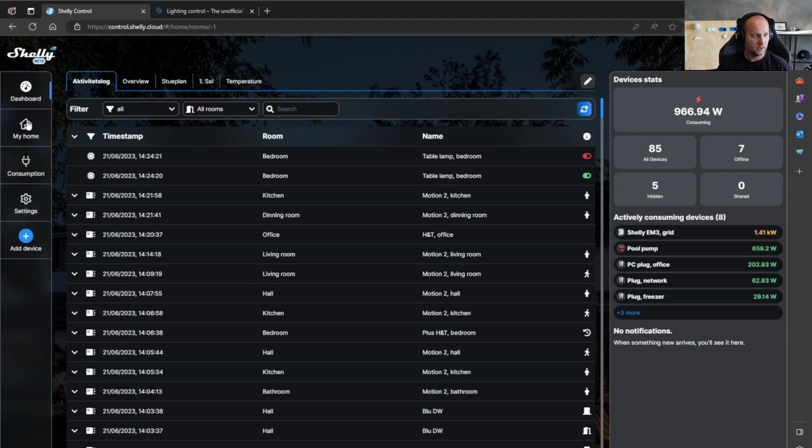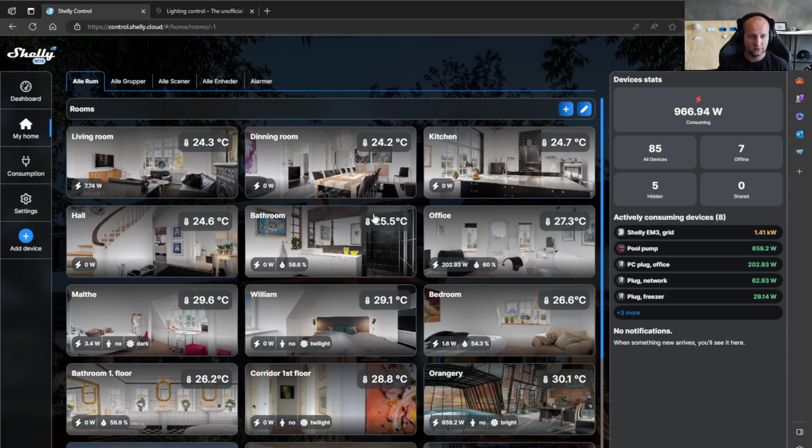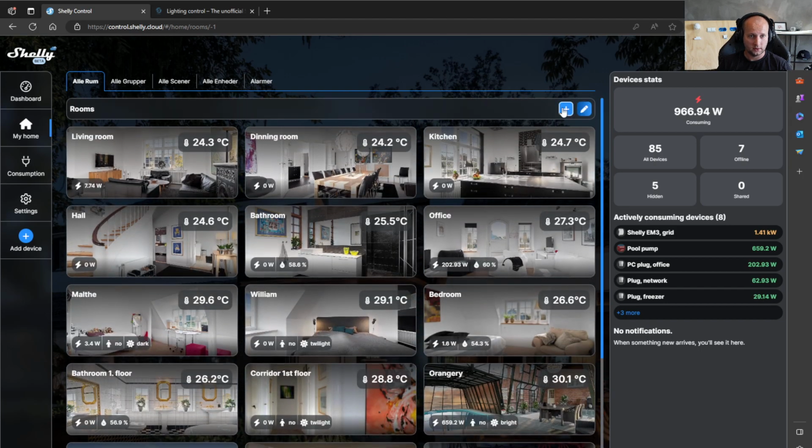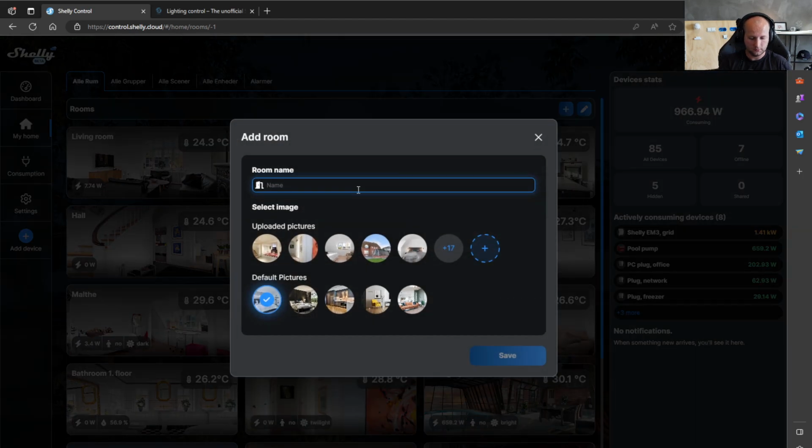If you press My Home, you get the overview of your whole house. This is not cameras. I'm often asked about that. This is just pictures from my house. You can add more rooms by pressing the plus icon here. Then you can simply give your room a name, and then you can give it a picture. You can upload your own picture if you want to.